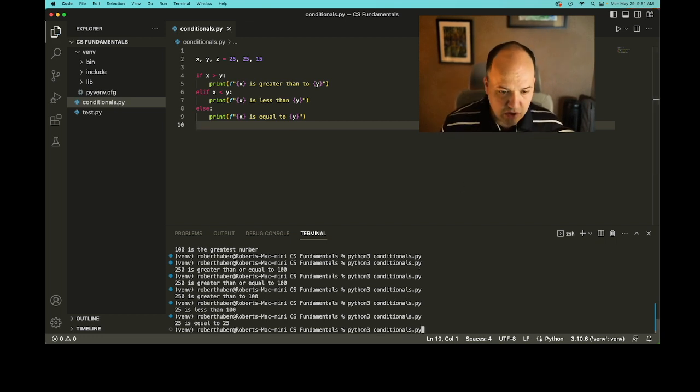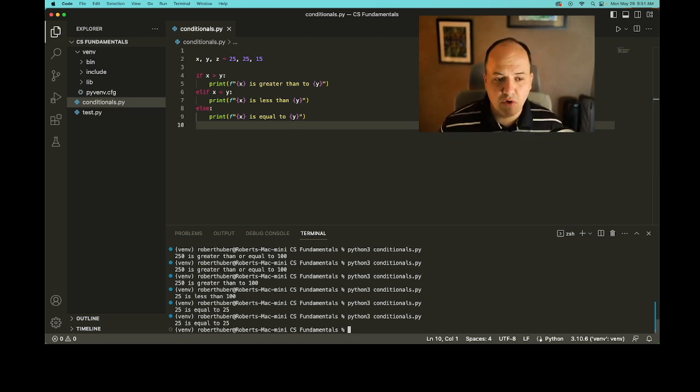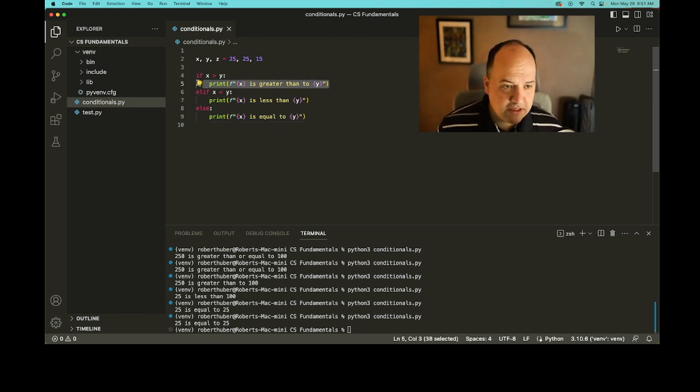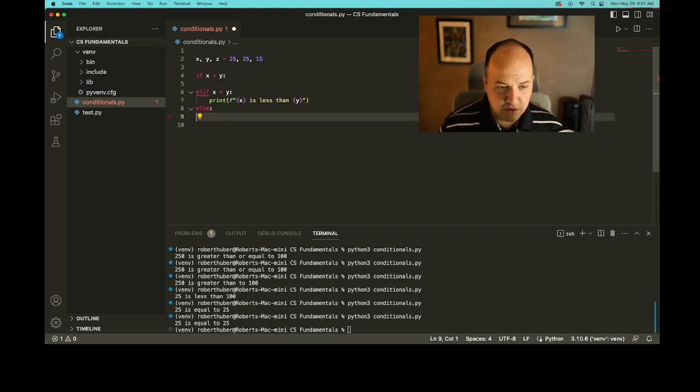And you'll notice our code runs exactly the same as it did before, catching the equality in the else statement. We could also, bringing in z for a second, do something called nested if statements. Nesting of code is a fairly common phenomenon when you want to test a few things. So let's say we wanted to build a script that printed out the largest number,